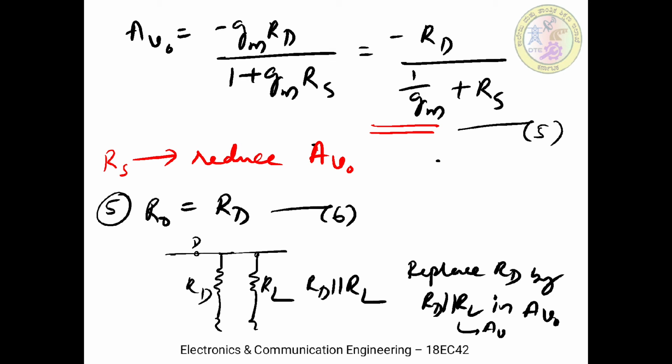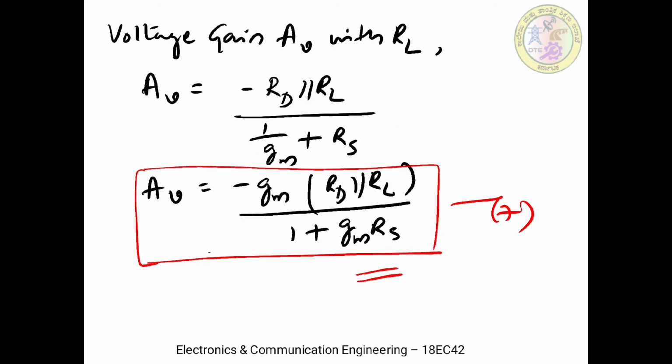So from the equivalent diagram, R0 is also equal to RD. So therefore whenever we are deriving the voltage gain, that is whenever a load resistor RL is connected, then we have to derive AV. Okay, so AV is simply the same definition, but only thing is now we have to replace that RD by the parallel combination of RD and RL. Okay, so on simplification we are going to derive equation 7, and we see that both AV and AV0 get reduced because of RS.